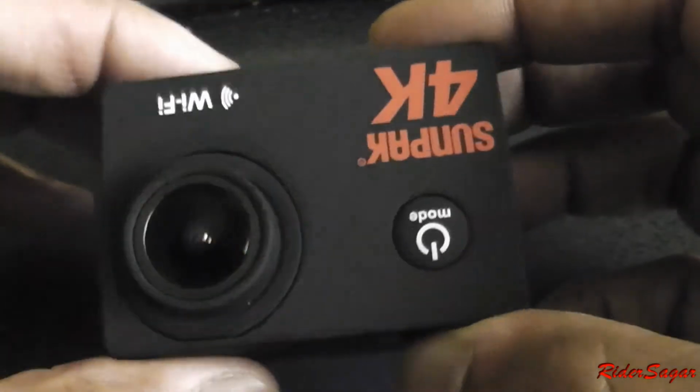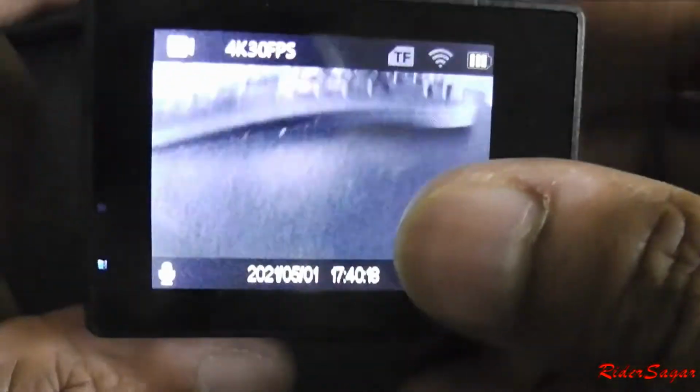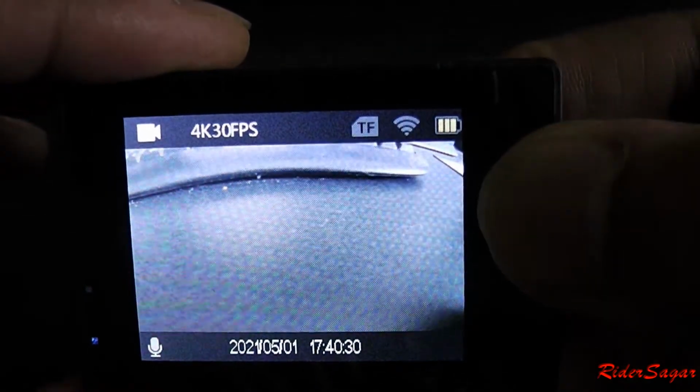Alright, so again, for the price, there's nothing to complain here. It's awesome, it's working great. The screen is a little warm already. Yeah, that's it. I think the battery is in here. Let me see if I can remove it. I'm going to switch it off. Hold the mode button,